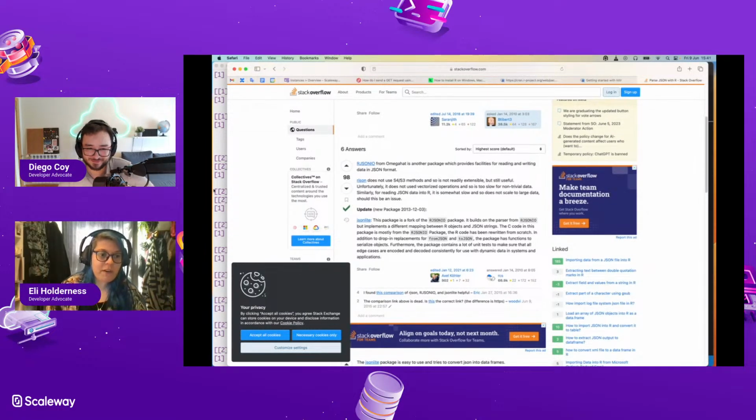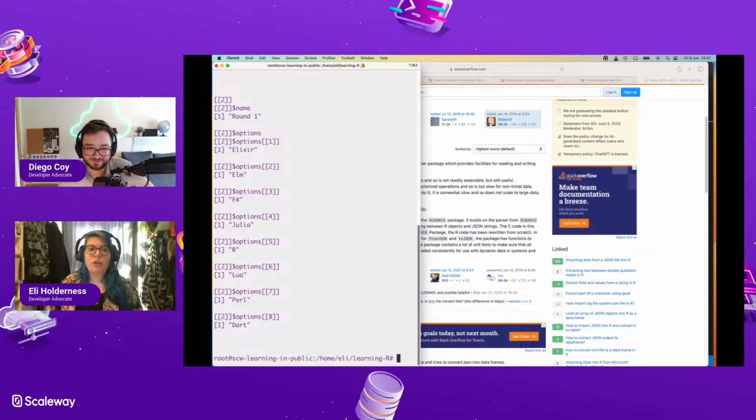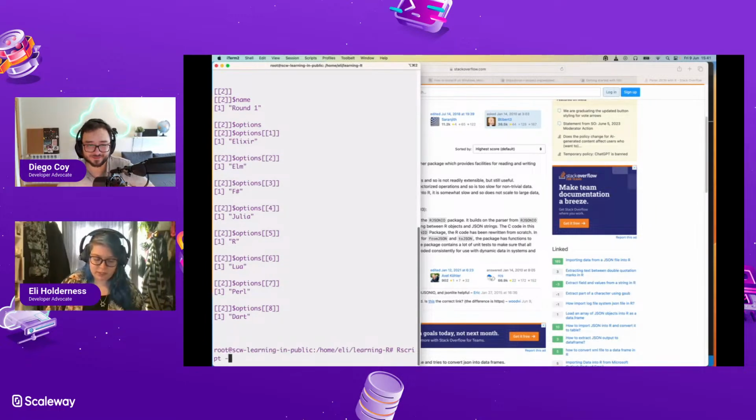So what I'm going to do, I'm already root, actually. I don't need to go back and forth. I'm always root. Excellent. So Rscript -e install.packages, I think it was, JSON Lite. Is that the name of the thing?